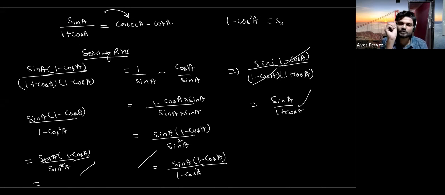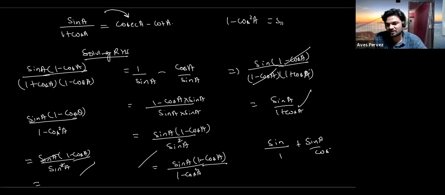Okay. So what we need to do in such type of problems: first of all, this is in cos and cot, so we cannot split this term, because sin is also in its simplest form and cos is also in its simplest form. Secondly, you cannot write sin a upon 1 plus cos a like this way, sin a upon 1 plus sin a upon cos a. This is not the mathematical rule. This will be incorrect. Okay, got it?